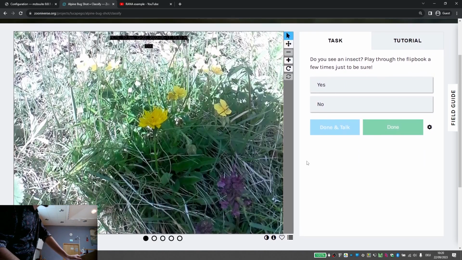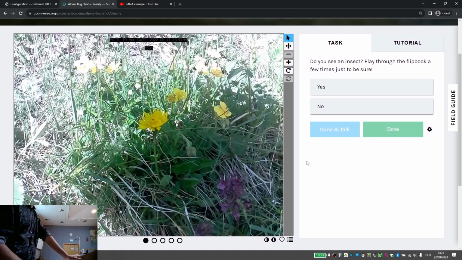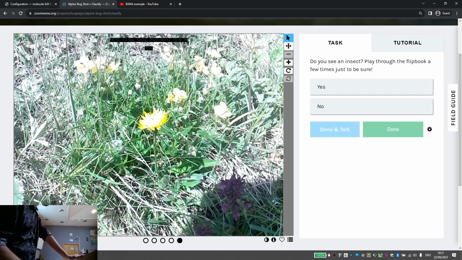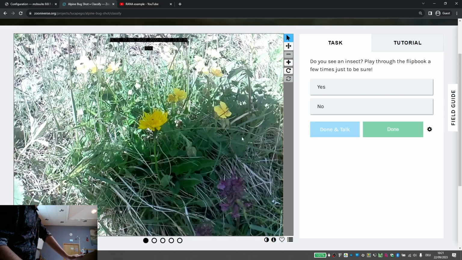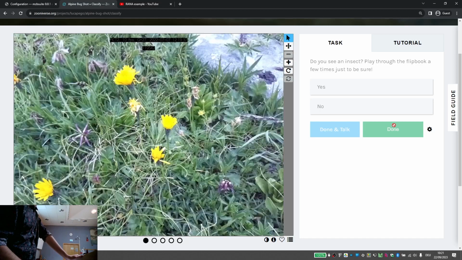And the idea here, this is an annotation tool that everybody can sign up to and try to annotate the pictures. Here you select the speed of playback, and I provide five frames for each. So here you see, it's kind of funny because there is probably a person or a cow on the frame, but the idea would be that if there is an insect, you say yes. In this case, I don't see any, so I would say no, and I say done,